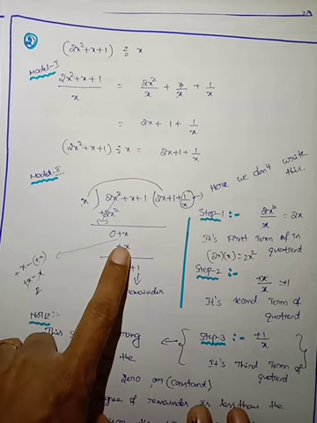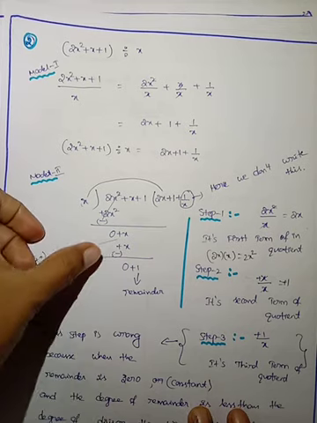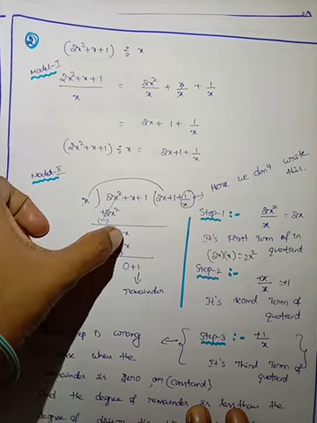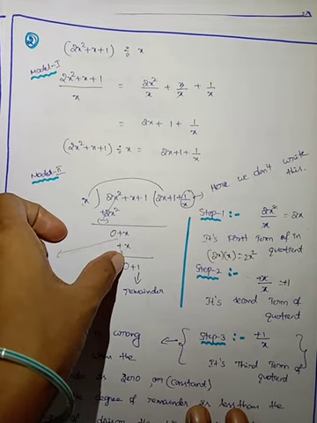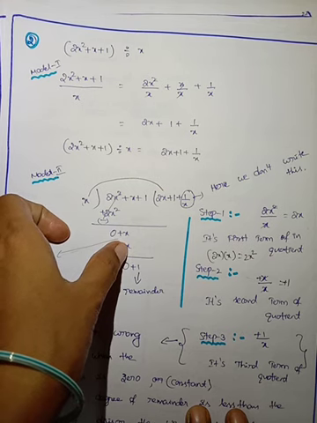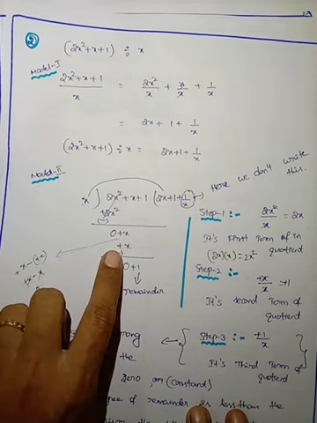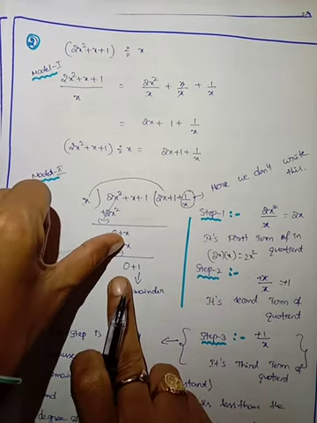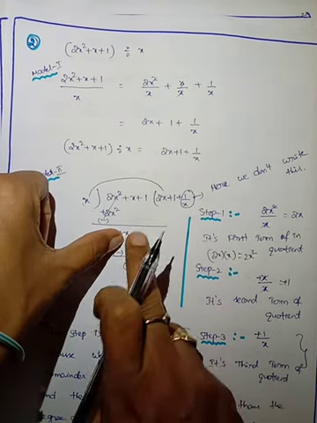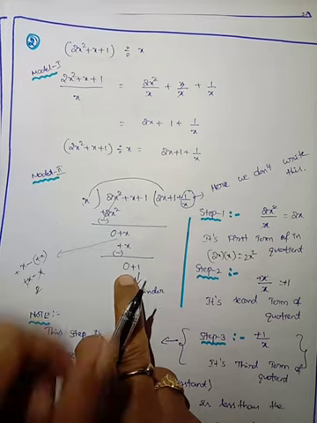So here you just have to change the sign. I am saying, subtracting these two numbers, you have to change the sign. Here the positive is changed to negative. Positive x, negative x, both are cancelled. 0 is coming.